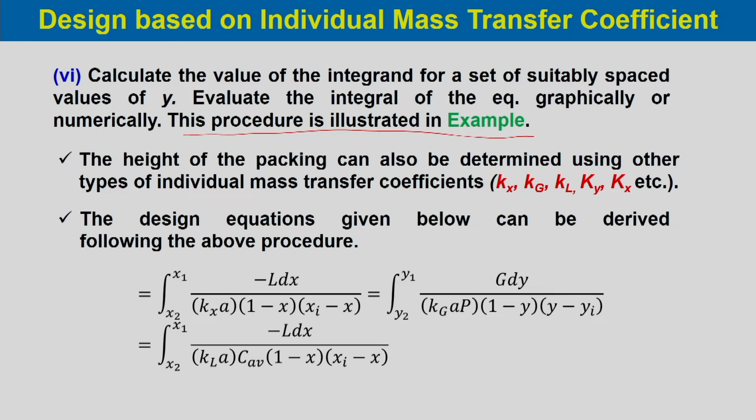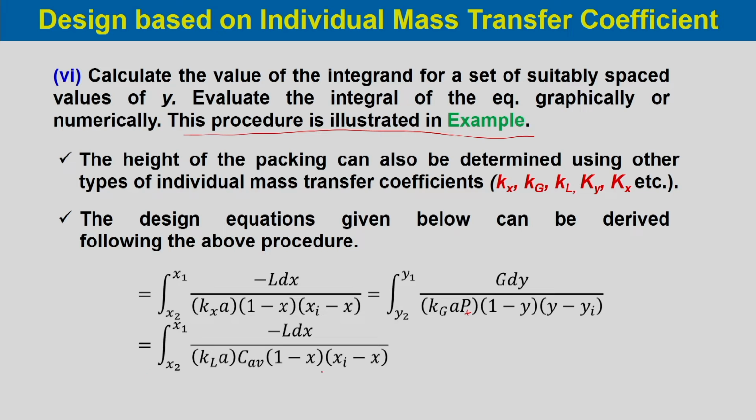So, this is the design equation: integral x2 to x1 of minus L dx divided by kxa into 1 minus x into xi minus x, which would be equal to integral y2 to y1 of G dy divided by kga Pt, total pressure, into 1 minus y into y minus yi,